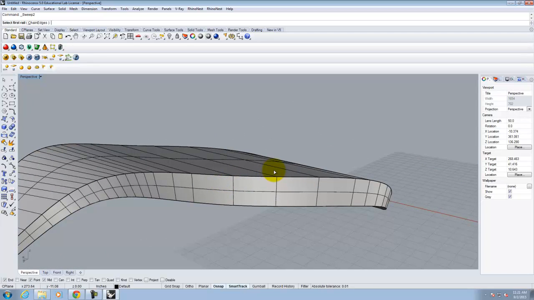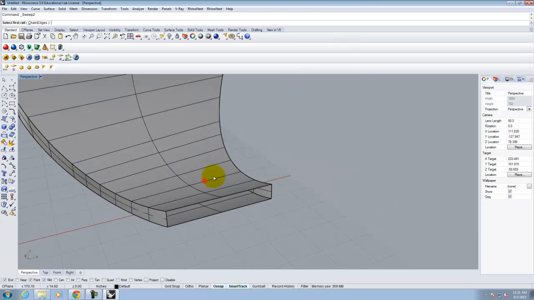Yeah? It scales it bigger? Right, it scales the cross-section bigger. So it gets thicker and wider at the same time. So if I had a different shape, I had a rectangle here. If I had something,